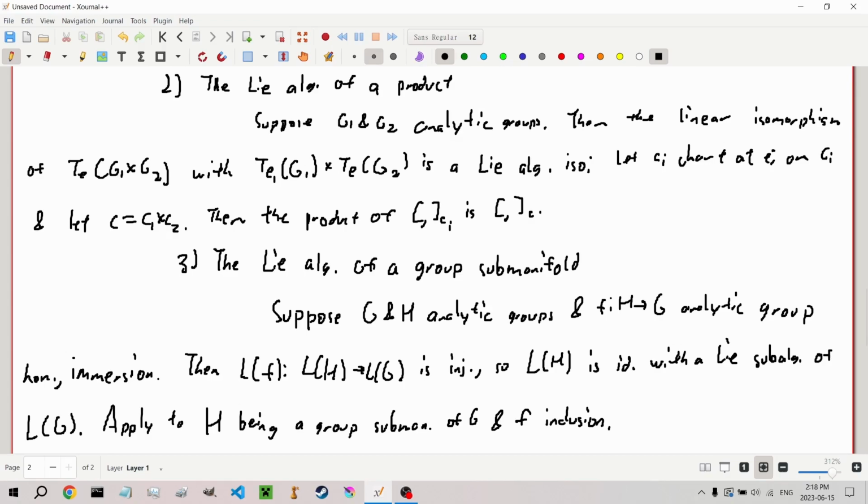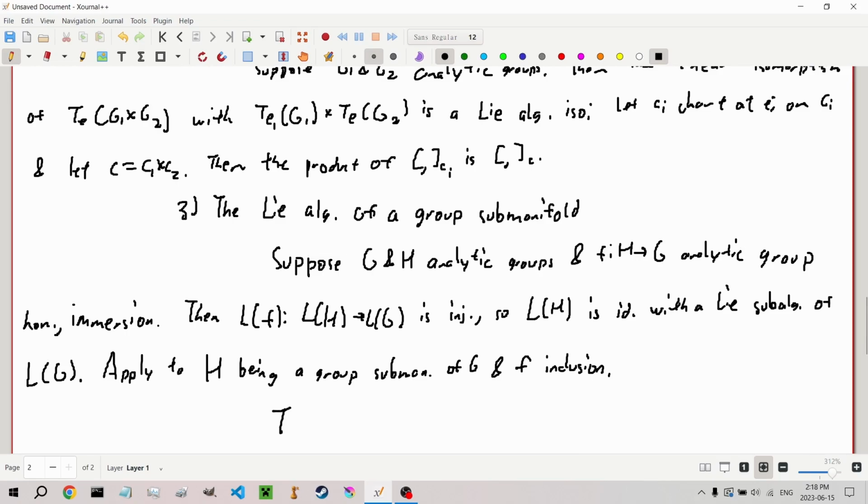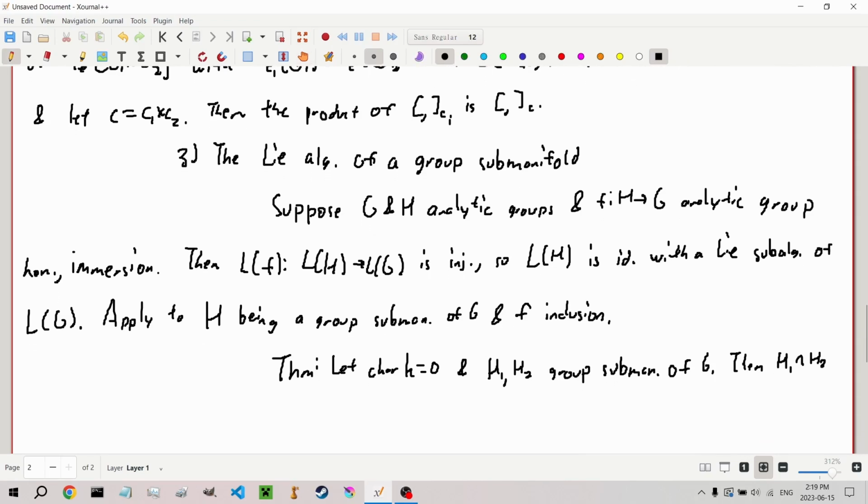Now we can say a bit more in a particular case. So let's suppose we're in characteristic 0, and we're going to let H1, H2 be group submanifolds of G. Then the intersection of H1 and H2 is a group submanifold of G and